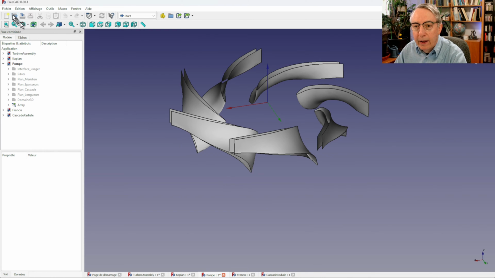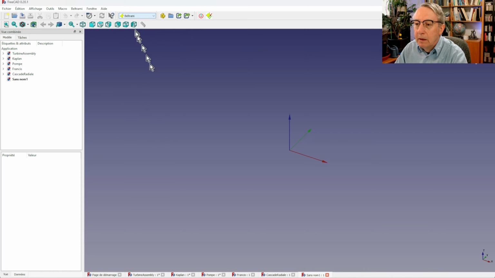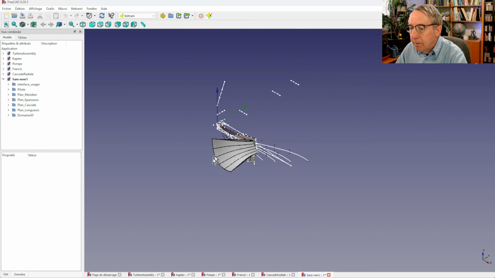Let's start from scratch. I activate Beltrami, and Beltrami has two buttons. The first one is to start a profile from scratch, a cold start, and the second one is to modify the profile. Let's start, and this is the profile that is embedded in Beltrami. The information is classified in various groups. The first one is the user interface, and the last one is the 3D result. All the other are a kind of virtual plane that are used for mathematical calculations.